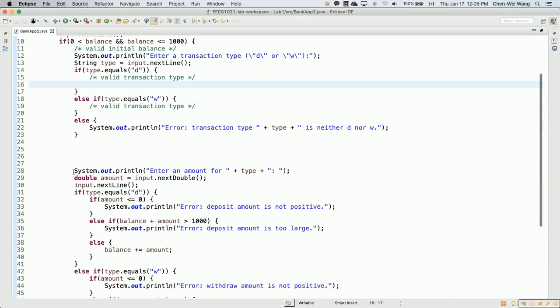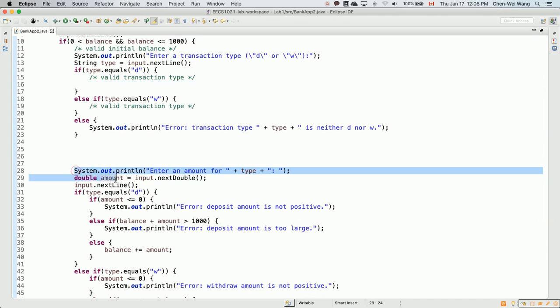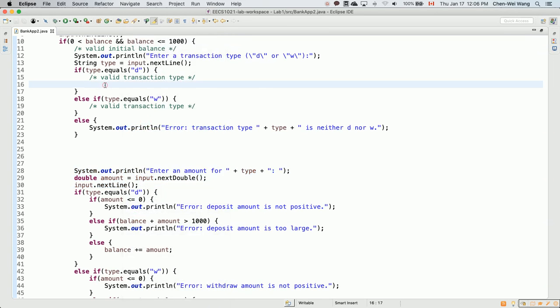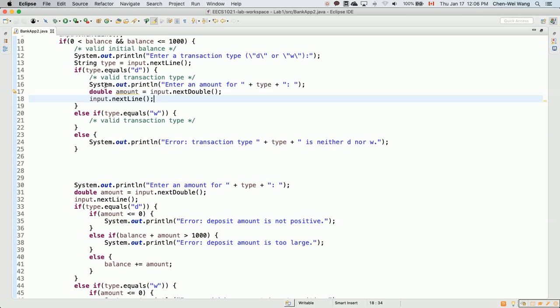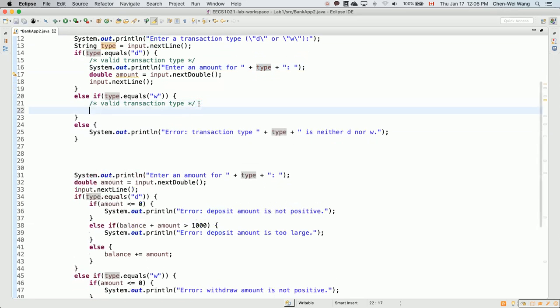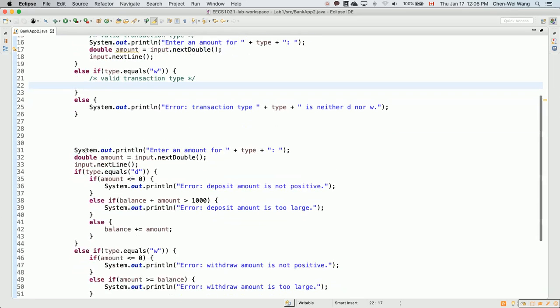I can simply just do this. Let me just copy. Just right click and then you can say copy. Which means I'm gonna prompt the user for some amount, enter amount for the particular type, which can be D in this case. And then over here, in the case where it is withdraw, I'm just going to